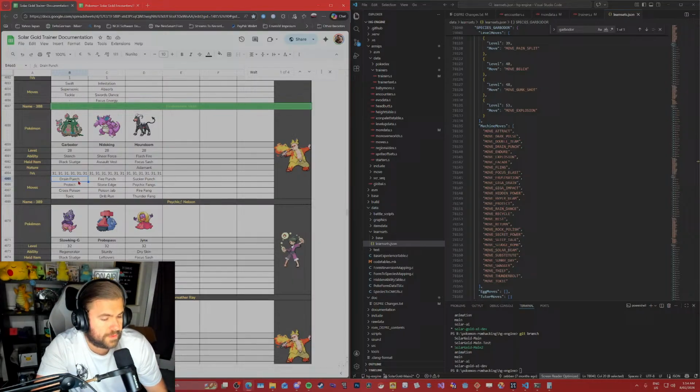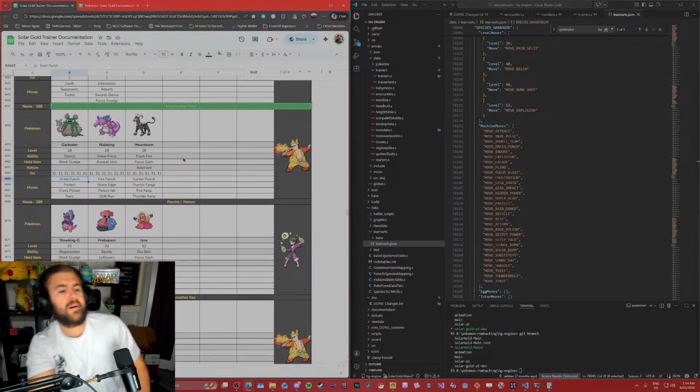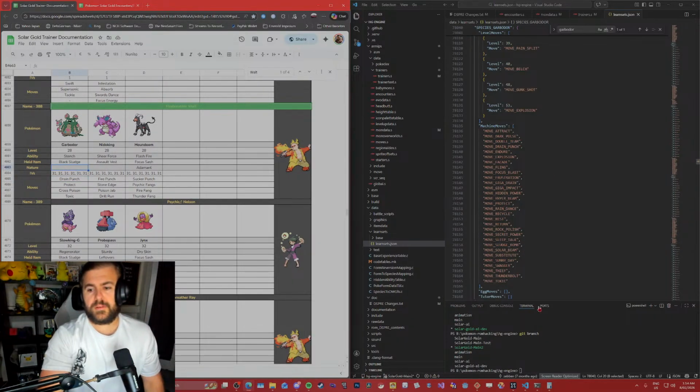Don't have to give him a STAB steel type move. We'll just give him Drain Punch. Fuck it. Nature.